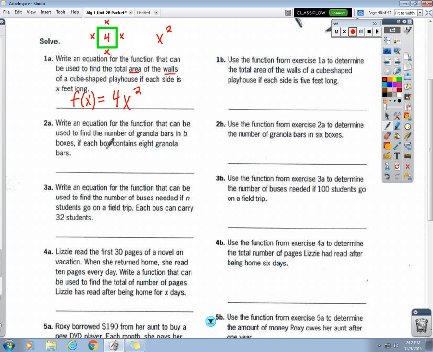Now that you have your function created, you can use it to answer 1b, which y'all didn't have to do for homework, but we're going to do it now. Alright, 1b. Use the function from exercise 1a to determine the total area of the walls of a cube-shaped playhouse if each side is 5 feet long. Well, over here, didn't we represent each side with x? So now if they tell you each side is 5, doesn't that mean we just plug in 5 for the x? So we're about to find out the area of all of the walls if each wall has a side length of 5. So 4 times 5 squared equals